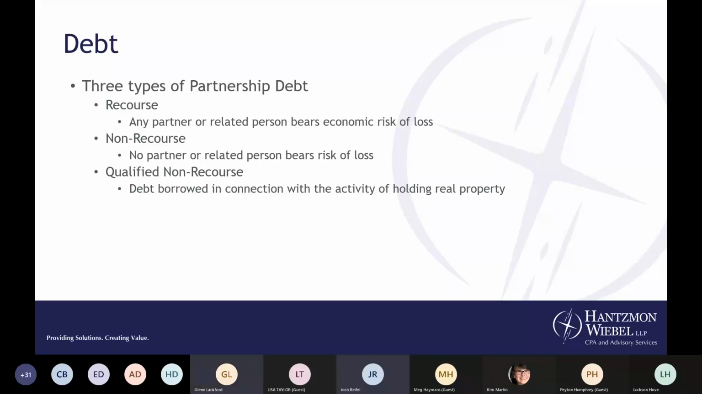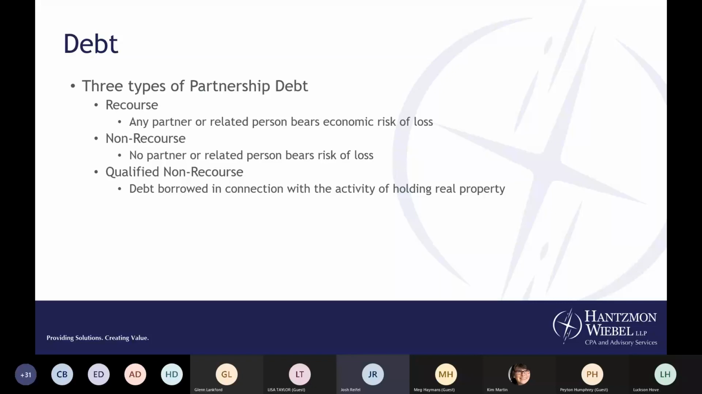This is debt in which no partner or related person bears the risk of loss. So this would be something like, quite often your accounts payable, that would probably be one of the bigger ones, or just some general loans that the partnership may have had as well. Recourse debt, that's going to be debt that one or more partners or persons are going to bear